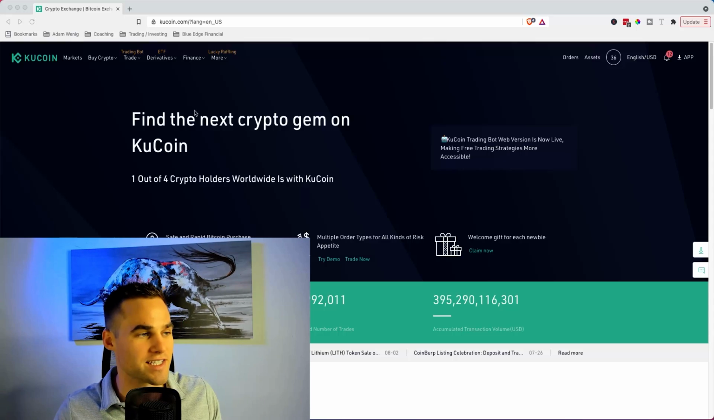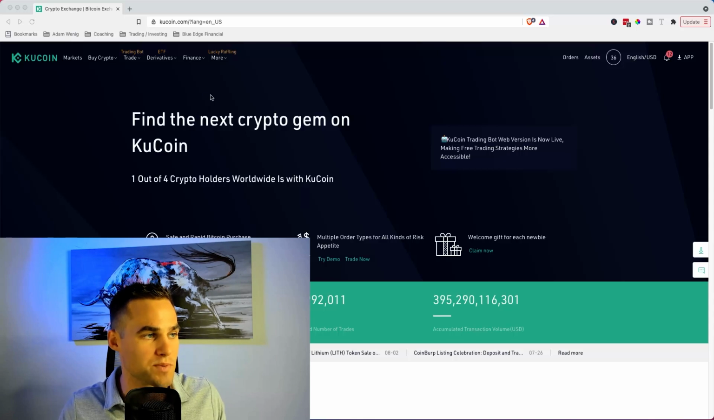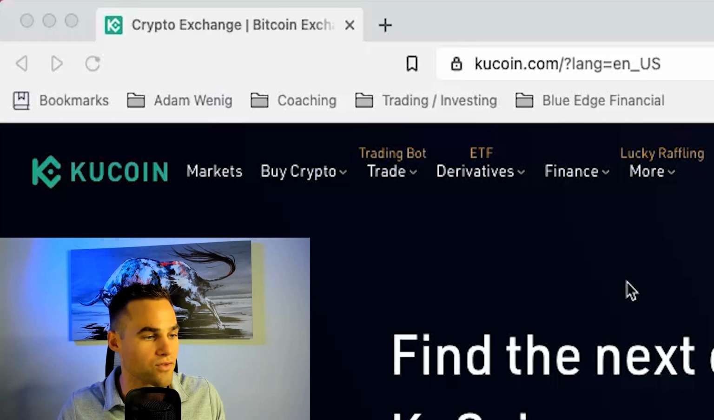First things first, you need to get set up on a cryptocurrency trading brokerage. There's a lot of them, like Coinbase or Binance, but the one I like to use in specific is called KuCoin. They offer a lot of really cool features that other brokers don't offer, and their fees are really,